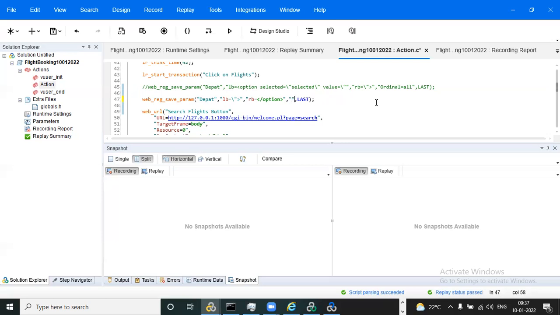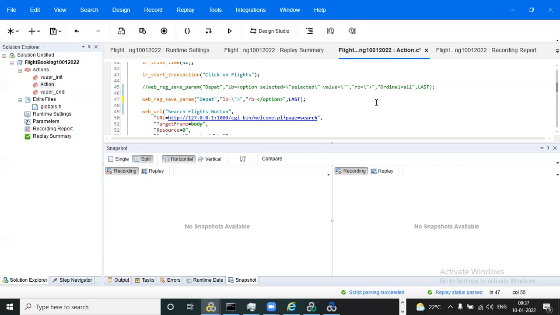Then going to the next one, ignore redirection. So these are the arguments in our web_reg_save_param function. Now I am explaining again what the arguments are.